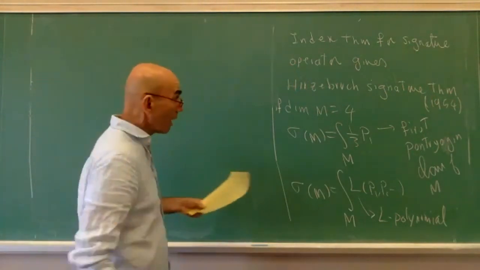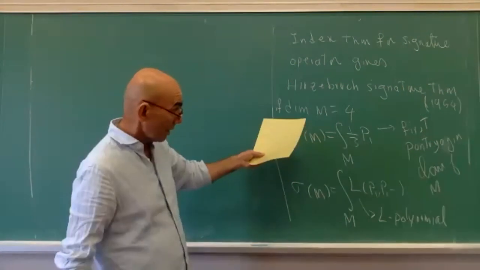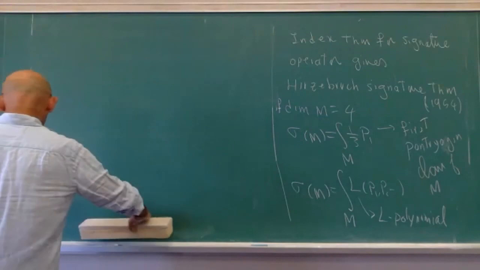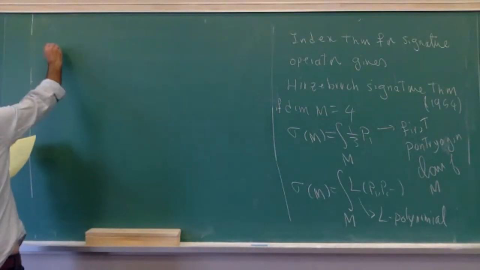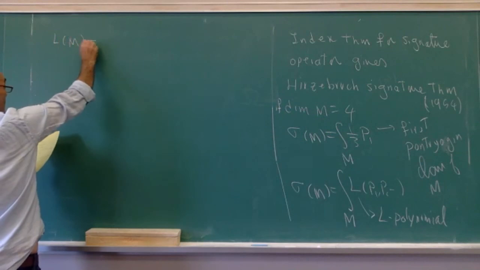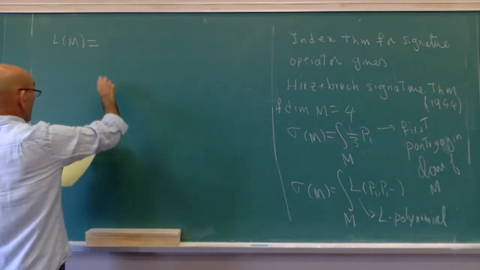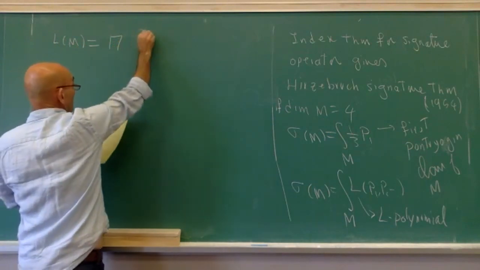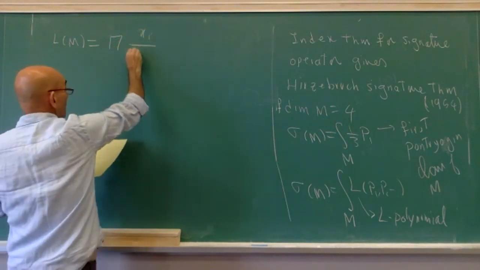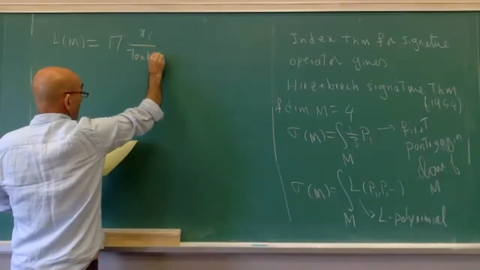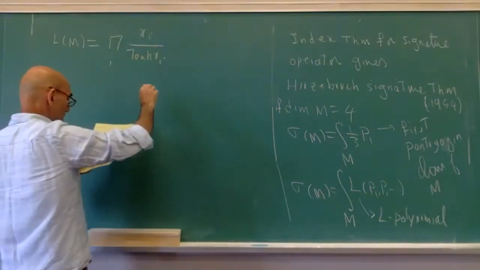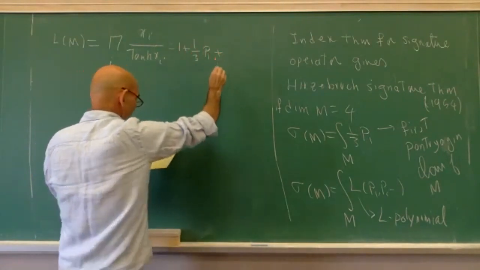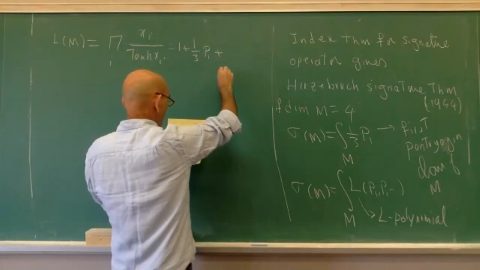So this L of M is equal to the product of the following: you take xi over tanh of xi. This comes out to be equal to 1 plus 1/3 of p1 plus